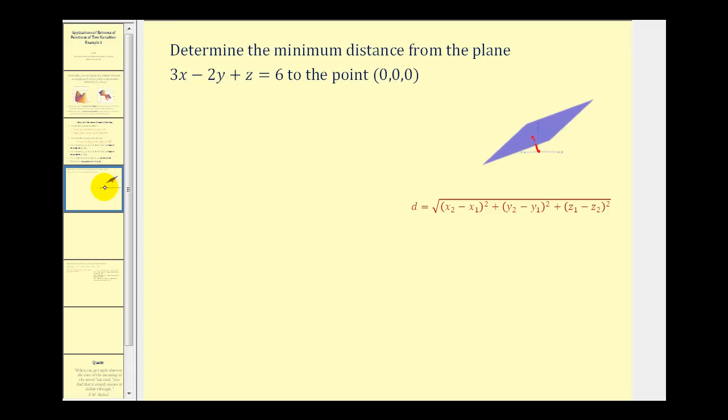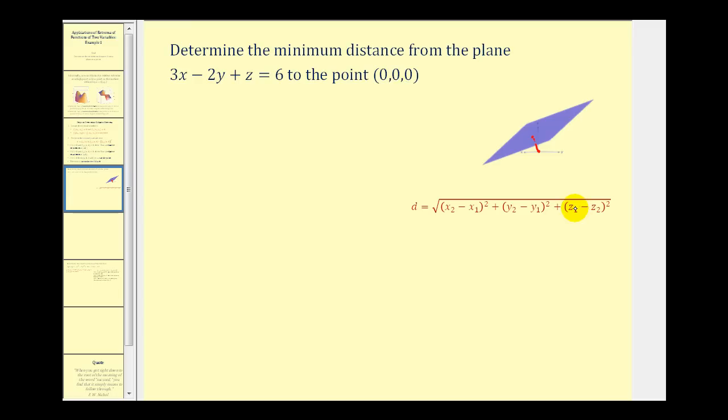For our example here, we want to determine the minimum distance from the plane 3x minus 2y plus z equals 6 to the point (0, 0, 0), which is the origin. So we're trying to determine the minimum distance from the origin to this plane, which we could represent as this red segment here. Remember, the distance between 2 points in space is given by this distance formula, so we want